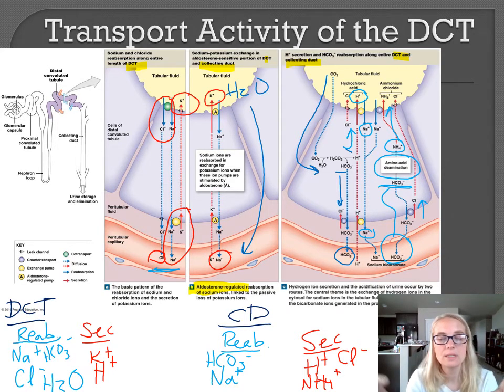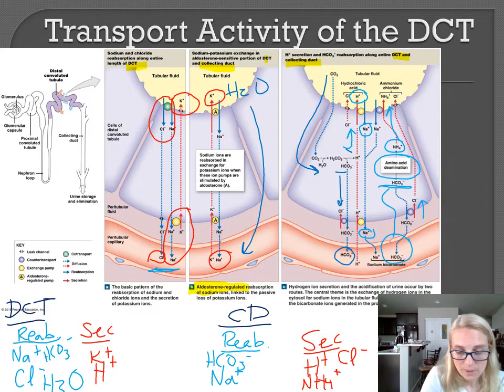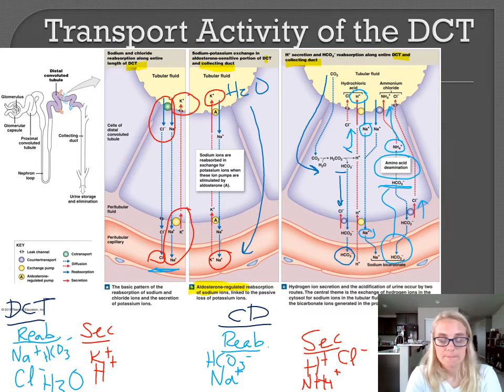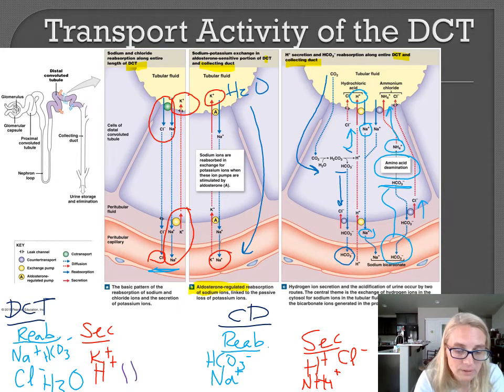And so this is the typical scene that you would see in the collecting duct and the distal convoluted tubule: we are actively trying to reabsorb bicarb, actively trying to reabsorb sodium and chloride, and kicking out hydrogen ions. However, please know, I'll put this in purple because purple is kind of halfway between red and blue, please know that we have the ability, as needed,